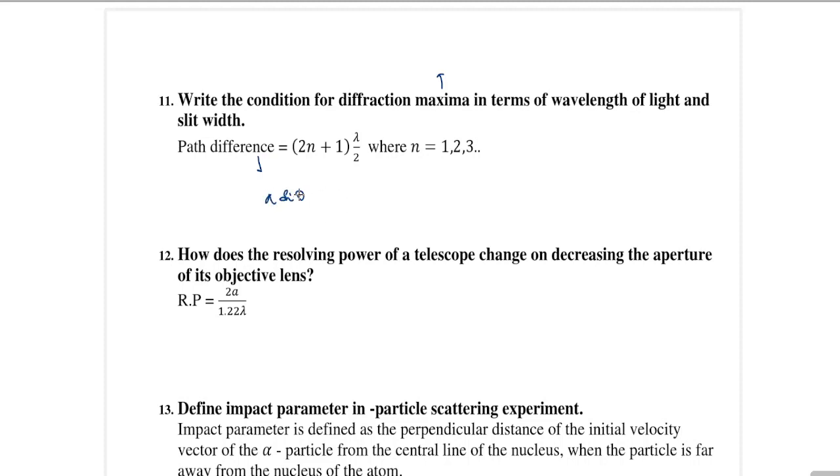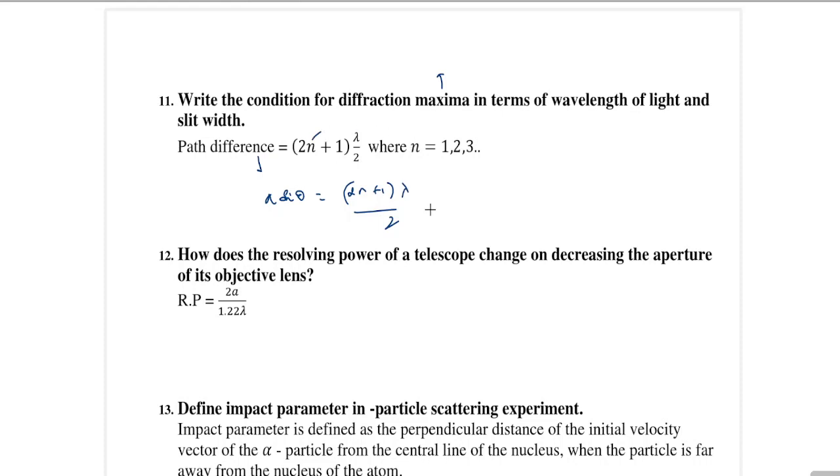So a sin theta is equal to (2n+1) lambda by 2. This is the condition for the maxima in terms of wavelength and slit width, where a is the slit width and n could be 1,